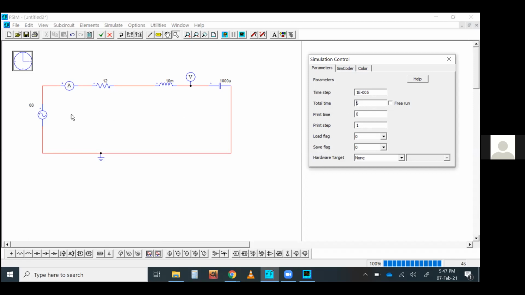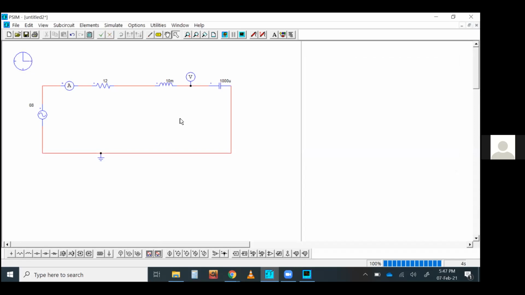I want to turn on this source. I want to put a switch here, so I can turn on and turn off the switch anytime I want. And I also want to see the responses. So how can that be done? In that case, you have to click on the free run mode. Personally, I prefer free run mode very much, because you will get a lot of control over the simulation. So let's do it now.